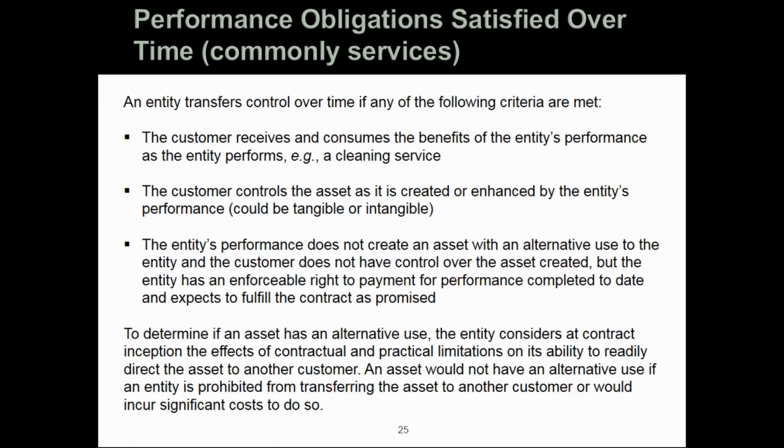If something falls apart with the relationship with this customer, you can't just go and sell it to another customer. Then you may determine that good does not have an alternative use. Whereas if it's a more uniform product and everything else is similar with the time it takes you to construct the product and the price and everything else, but look, if the relationship with this customer falls apart, you could just go find somebody else and sell it to them. You may determine that it does have an alternative use, and that's going to have a direct impact on whether you're recognizing revenue over time as you construct the asset, or you have to wait until it's delivered at a point in time.